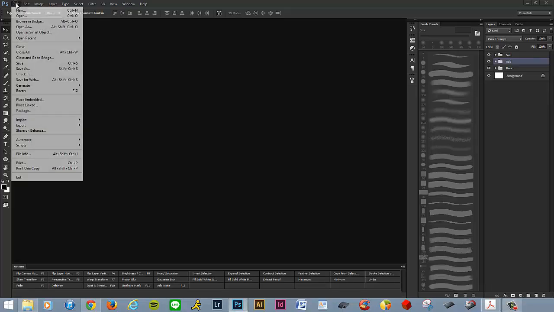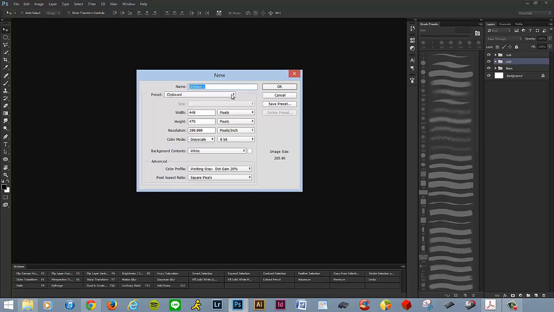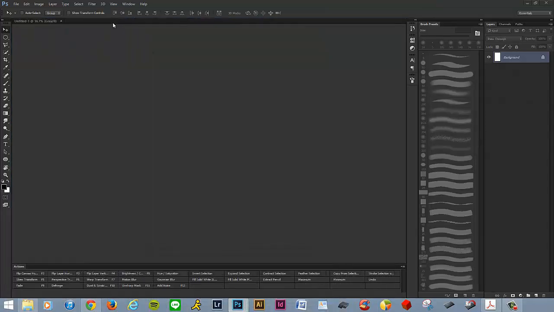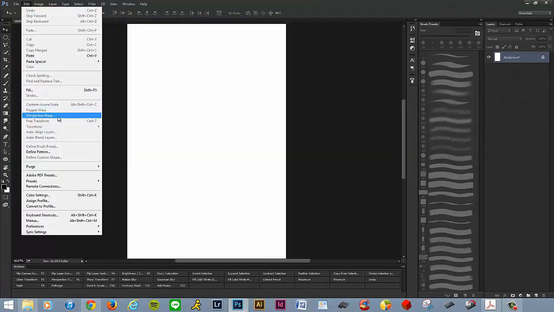So what we're going to do first, open up a new file. And under US paper, I use tabloid just because I like the size of it. The aspect ratio feels nice and wide. So make sure you work in 300 dpi. That'll give us a nice high-res image to work with while we're sketching. You can work in letter if you like, but I prefer tabloid. So I'm going to go ahead and hit OK. It opened up in my other screen, but here we go. Now I'm going to do image